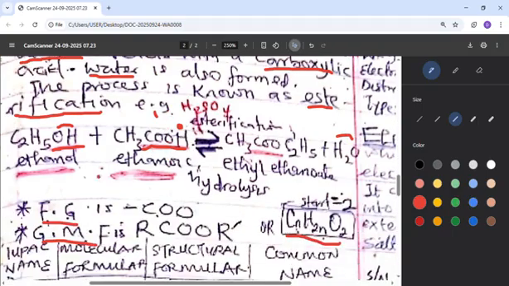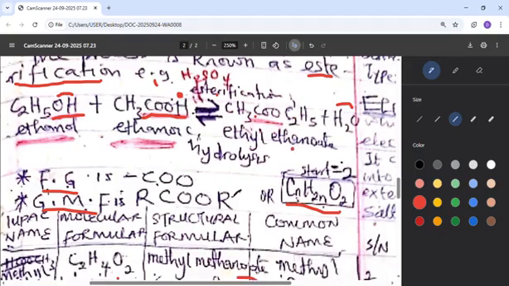As you can see in the reaction here, this is ethanol, ethanoic acid, and this is the product ester, ethyl ethanoate, and water. So that reaction is esterification, where H2SO4 is the catalyst. How do we go about this reaction? When you look at your ethanol, just pick the OH. Just like a base will produce hydroxyl, acid will produce hydrogen. So take the hydrogen, take the hydroxyl, that will form water. Then the remaining C2H5, put it at the back of the CH3COO to give us the ethyl ethanoate